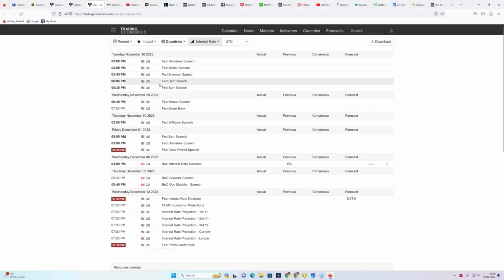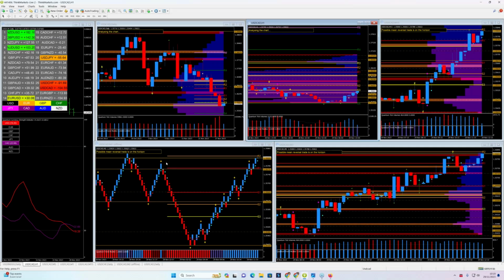And this is where they also put the central bank speakers, because obviously whenever they say anything, the market pays a lot of attention, and it's all about interest rates at the moment. If you were following the market yesterday, you will know that Waller and Bowman are credited for giving the market a bit of a boost, kind of rowing back a little bit about keeping interest rates higher for longer. The market has interpreted it as cuts are coming sooner rather than later. That's what the market interpretation is. But sometimes it doesn't necessarily reveal what is on the chart.